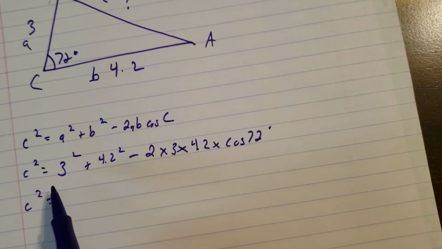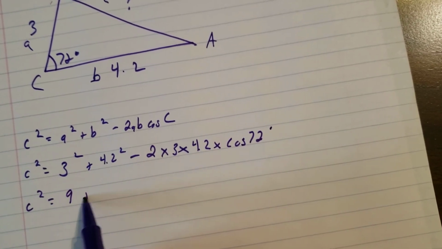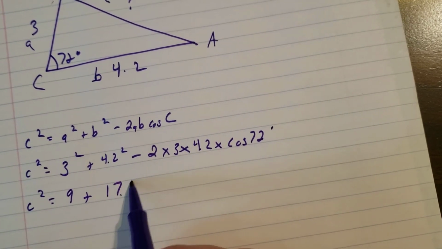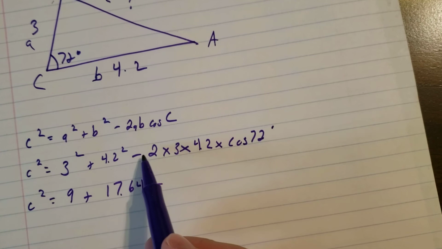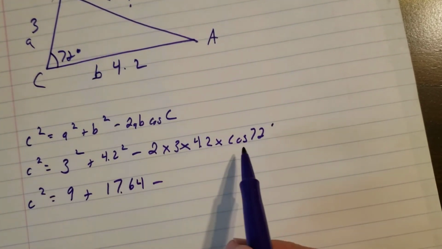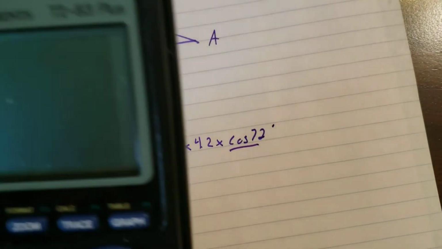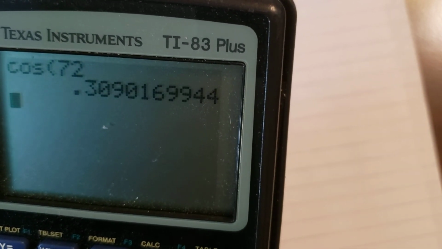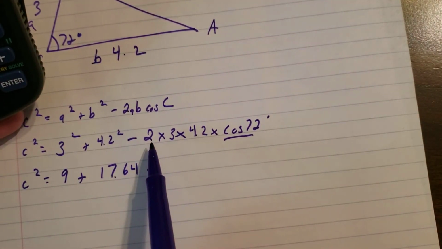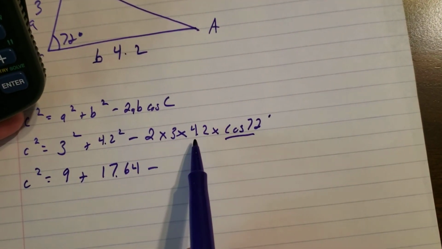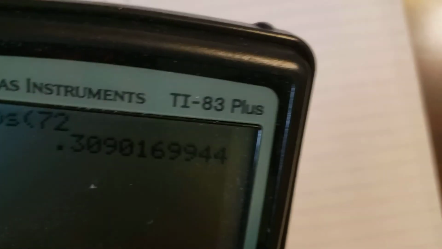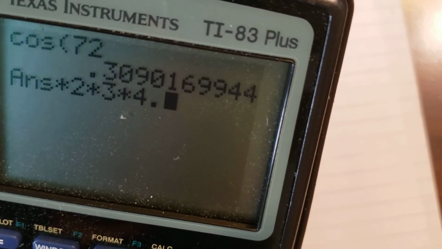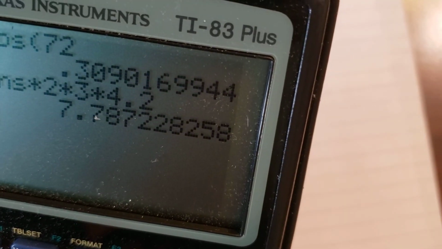So C squared is equal to, well, 3 squared is 3 times 3, which of course is 9. 4.2 squared is 4.2 times 4.2, which is 17.64. Now I'm going to punch this all in my calculator again. Remember, I start at the end. So I'm going to punch in cos 72, find out what that is. Then I'm going to multiply it by 2, then multiply by 3, then multiply by 4.2. That gives me approximately